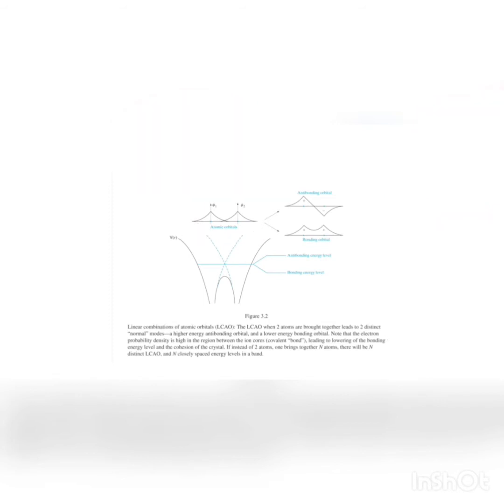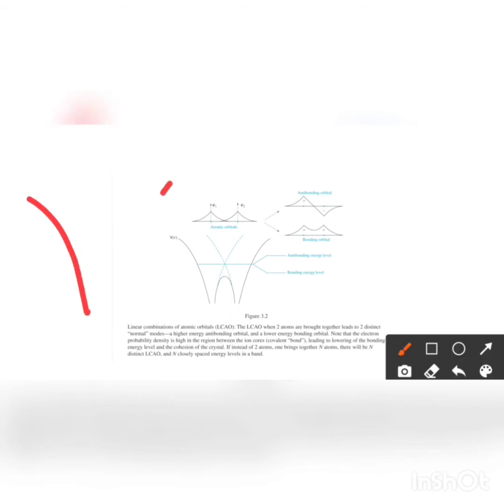Here it is written that the linear combination of atomic orbitals, when two atoms are brought together, leads to two distinct normal modes: a higher energy anti-bonding orbital and a lower energy bonding orbital. The second figure gives the electron in the potential well. We saw yesterday the energy level of